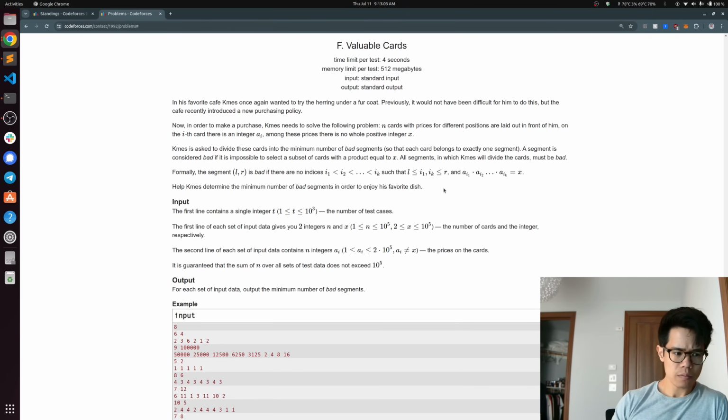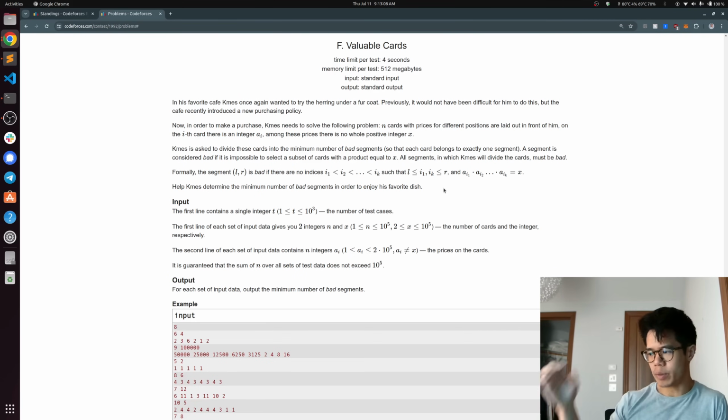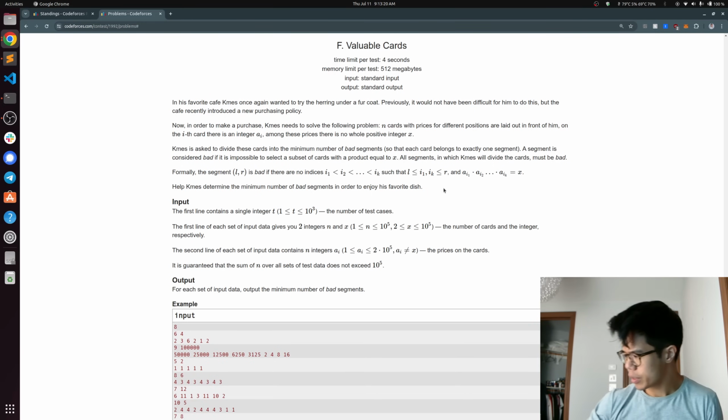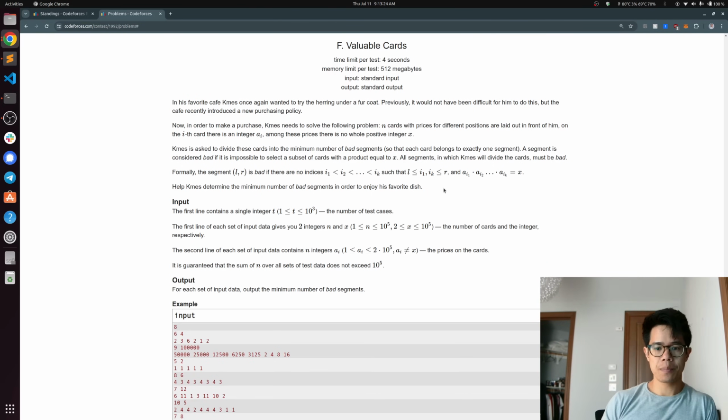Cool. So this is actually, again, a greedy, where you start your segment at the beginning of the array, and you go as far as you can until the segment becomes bad, and you cut it off right before it becomes bad, and then you just repeat that. The only thing that's tricky here is how do you determine whether the segment is bad or not? The way I do that is